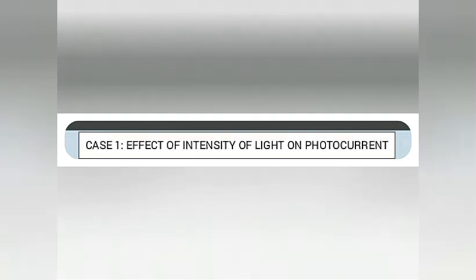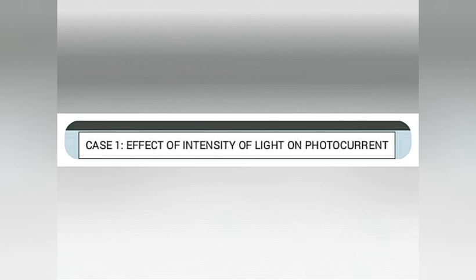Here, as you know, intensity means brightness. If light is said to be less intense, it appears dim. Similarly, if the light is highly intense, then it is bright light. So that is the meaning of intensity. To study the effect of intensity of radiation on photocurrent, the remaining two factors are kept constant. What are those? The frequency of incident radiation and the potential difference between cathode and anode are kept fixed.